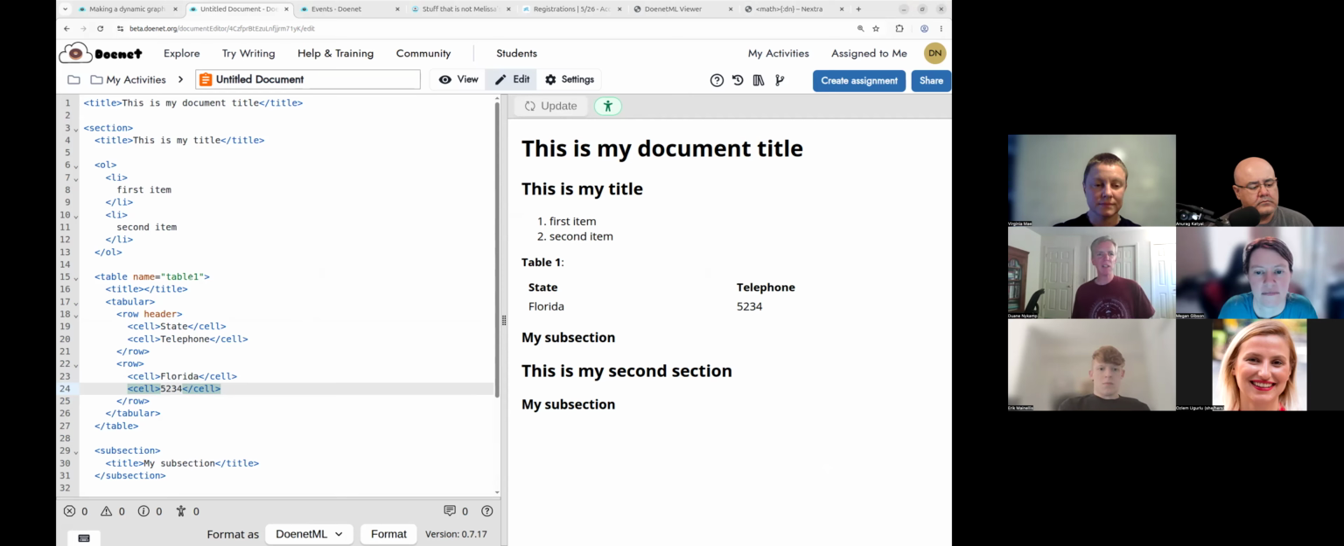Let's see what else. Lists, tables, figures. You have captions when you write a figure. So basically, just try to write things structured, and it will end up being better for those who are trying to read it with different assistive technologies. Another